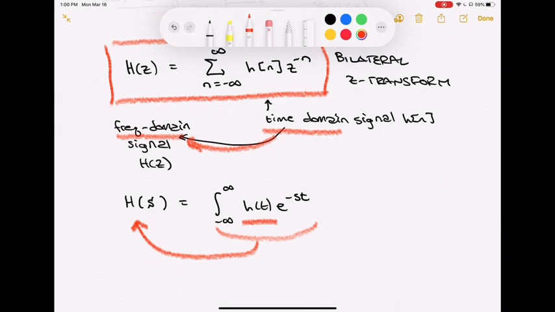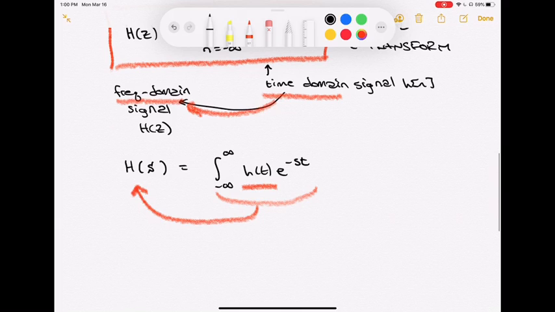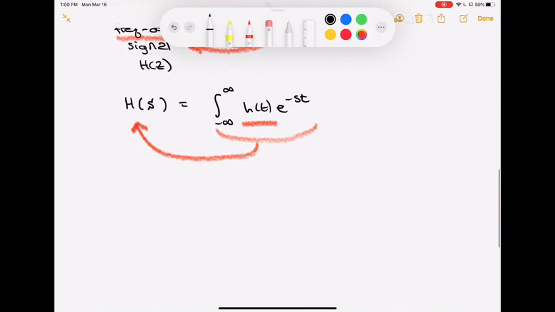Structure is very similar. In the continuous time case, we ended up having an integral rather than a summation, as we saw in the discrete time. That's just reflective of the difference between discrete time and continuous time signals. And it's still a signal getting weighted by an exponential, getting summed up or integrated up to give me my transform domain. Virtually identical in structure. The only differences are really those differences we'd expect in going from a continuous time signal to a discrete time